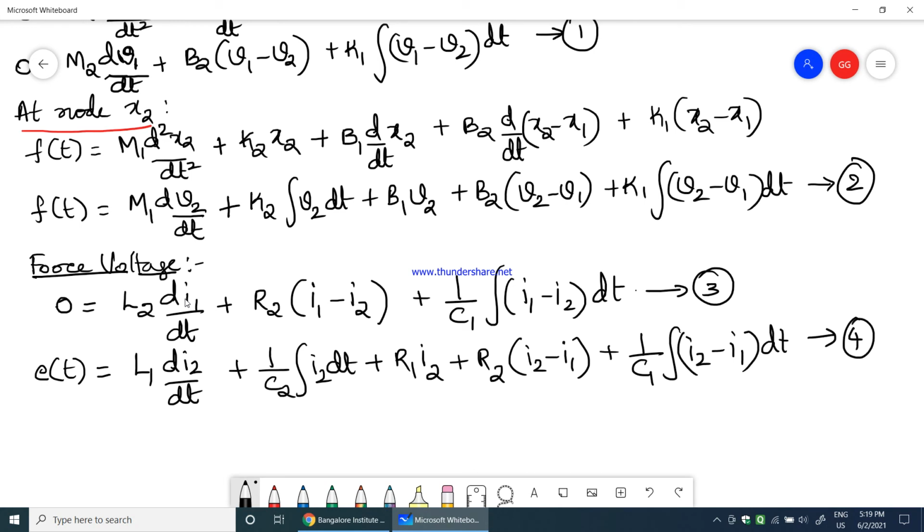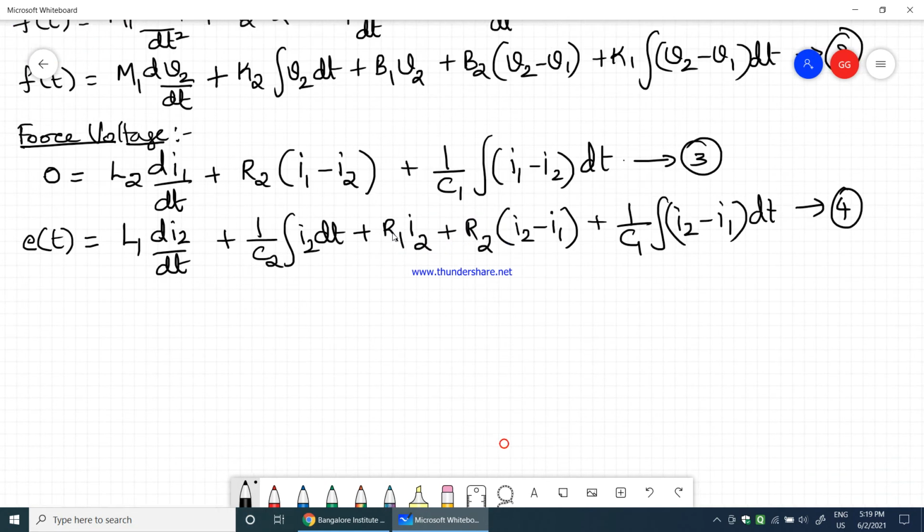So I just saw equations 1 and 2 and I have used the force voltage analogous table. Okay, it is already in my head. So you should also remember those tables so that you can easily solve it. Okay, so therefore I used those tables to write these analogous equations. Now by looking at these equations, I will try to write the network.